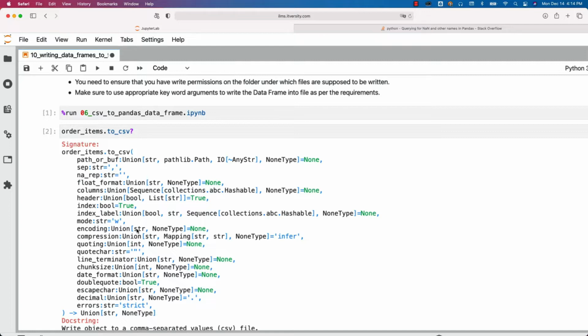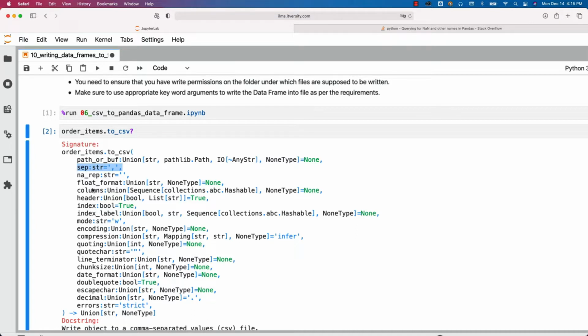We have to go to the data frame and map to these keyword arguments and start using whatever we want depending upon our requirement. We want to write the output in the form of comma separated file. If you want to change the delimiter, you can change as well. So in this case, we don't need to specify with respect to sep because we are trying to write using the default itself. However, if you wanted to write using colon or semicolon or some other delimiter, we have to override this sep to that value.